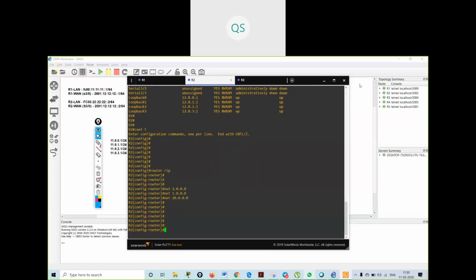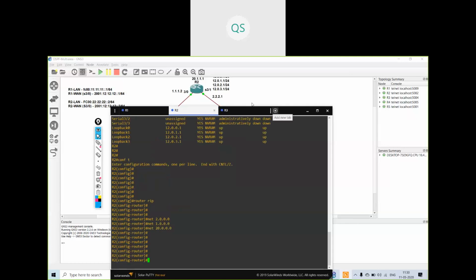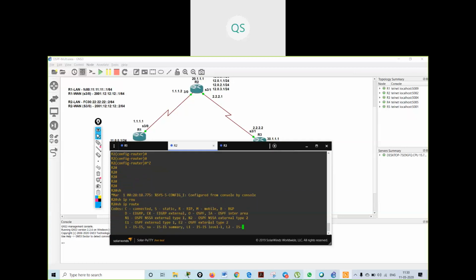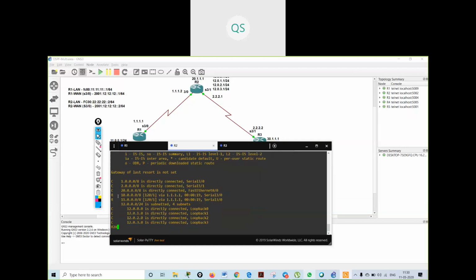Loopback, yes, sorry, loopback also, 12 dot network also. Okay. Show IP route. Yes, I am getting 10 dot network, 11 dot network.